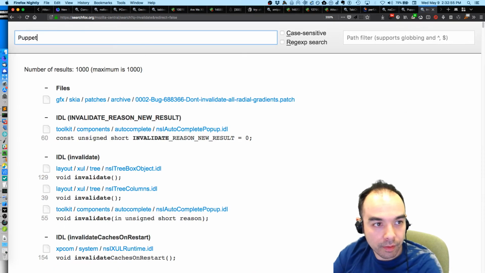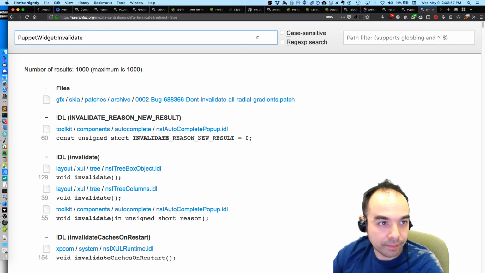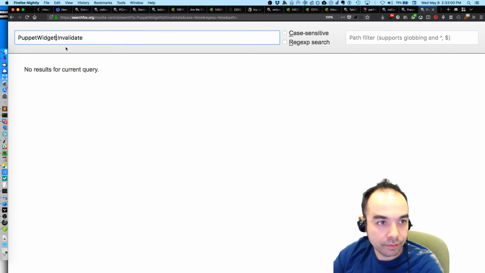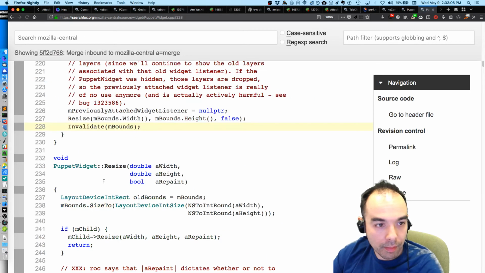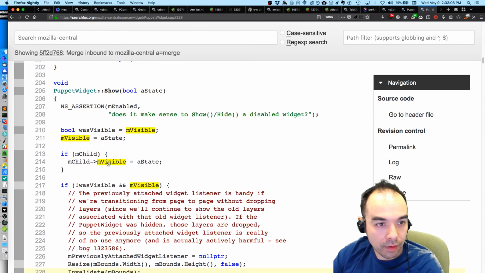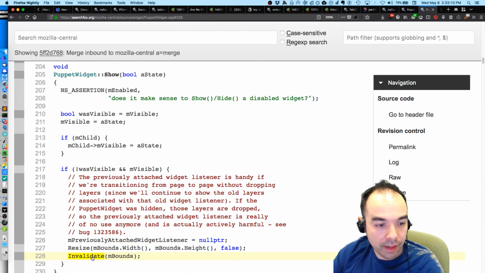Puppet widget invalidate. Puppet widget show. Then we invalidate here. When we show, if not visible, and we are now visible,